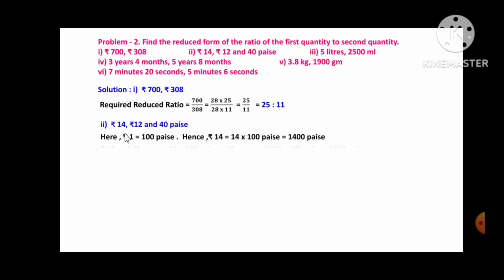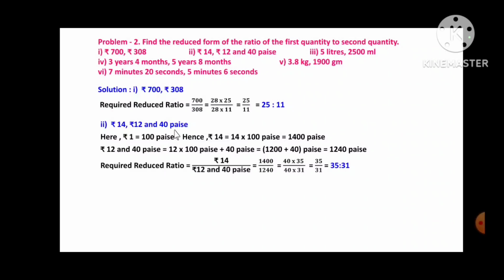Second one, rupees 14 and rupees 12 and 40 paisa. Friends, here the first quantity is in rupees, the second is in rupees and paisa. So the first quantity we have to convert into paise. We know that 1 rupee is equal to 100 paise. Hence 14 rupees equal 14 into 100, that is 1400 paise. And 12 rupees and 40 paisa is 12 into 100 paise plus 40 paise, that is 1200 plus 40, that